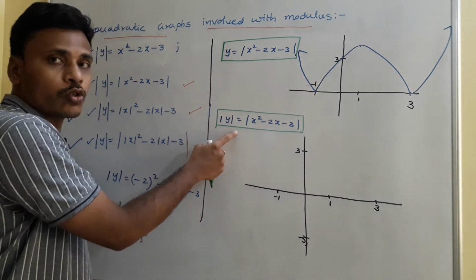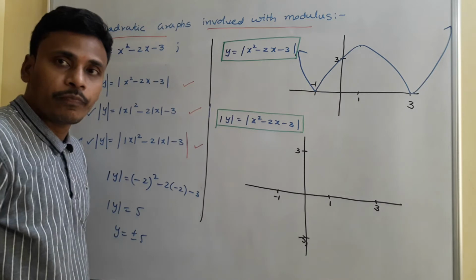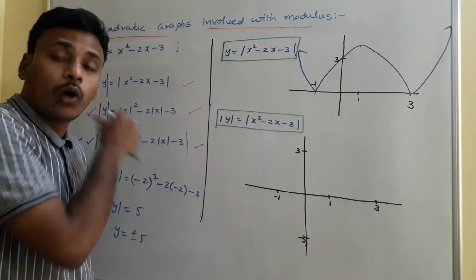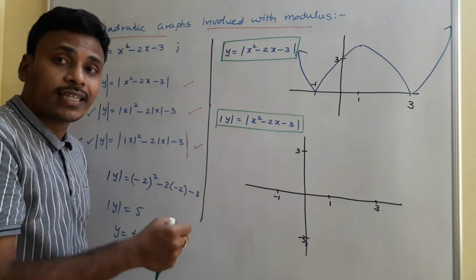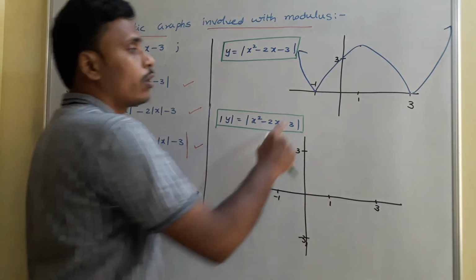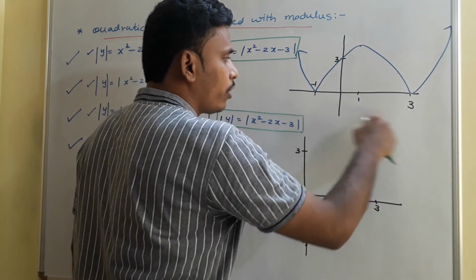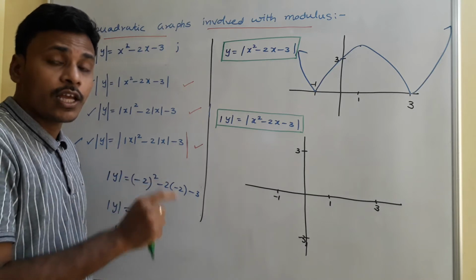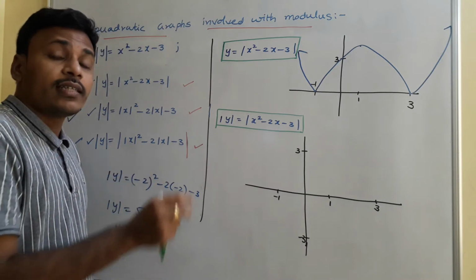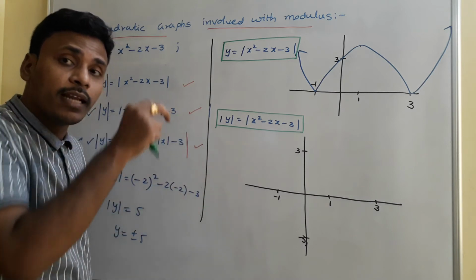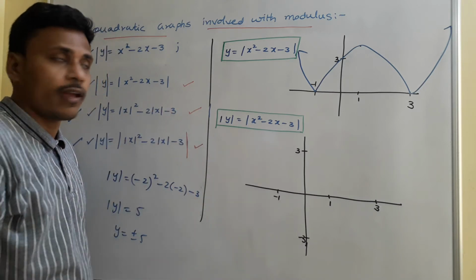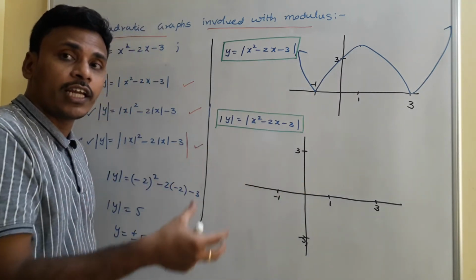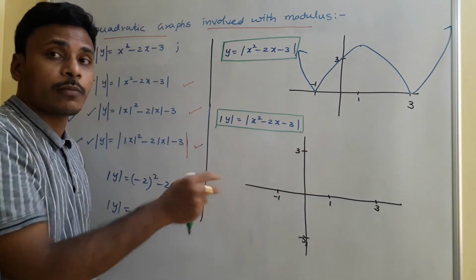What is the difference between these two? Just including modulus for y. So if you include modulus for y, as we discussed, you need to neglect the graph of the negative region. There is no graph in the negative region for the first one, so nothing is here to neglect, leave it. Next thing, you need to repeat the graph of the positive region similarly in the negative region. Okay, so consider the positive region graph as it is and repeat a similar graph in the negative region so that those two are symmetrical to one another.